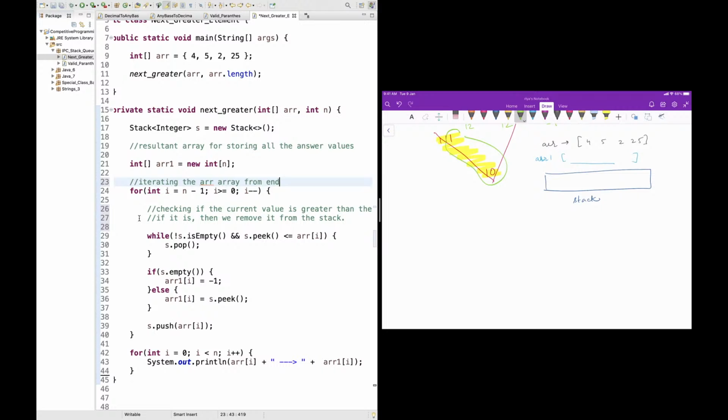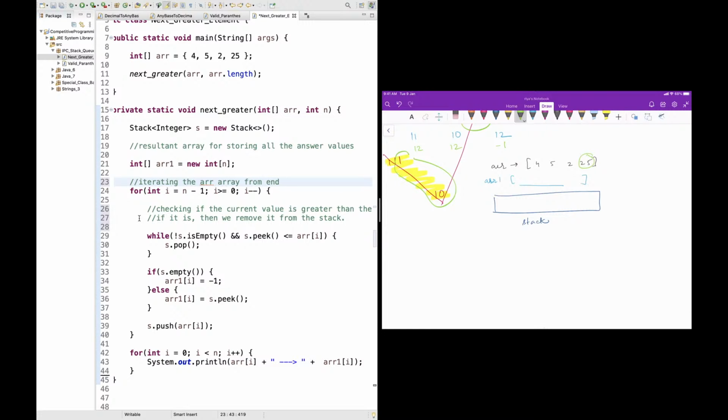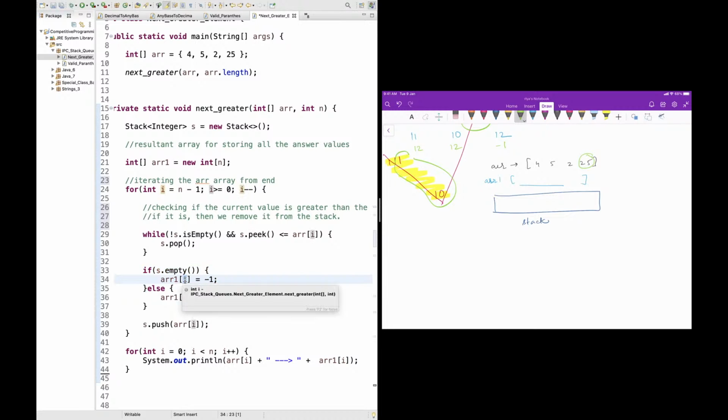Now what exactly happens is, आप last element लो, which is 25. ठीक है. When you pick the last element, then you basically check, now currently this stack is empty, है ना? तो ये वाली जो कंडीशन थी स्टैक एम्प्टी वाली, ये कंडीशन सेटिस्फाई नहीं हुई, तो you did not go into the while loop. ठीक है. Now you check if the stack is empty. Correct, the stack is empty. Then what you do is, in the ARR or this array, you simply put a -1.